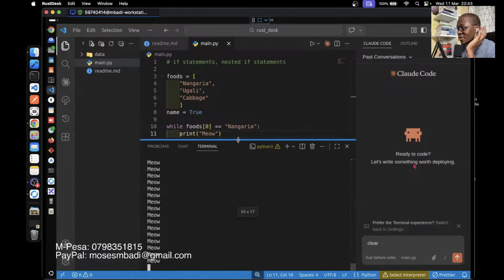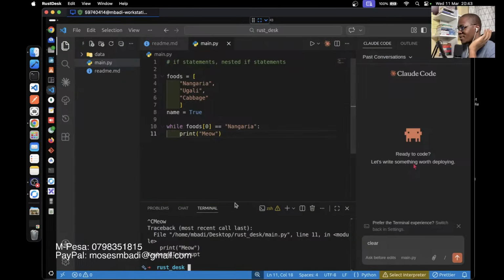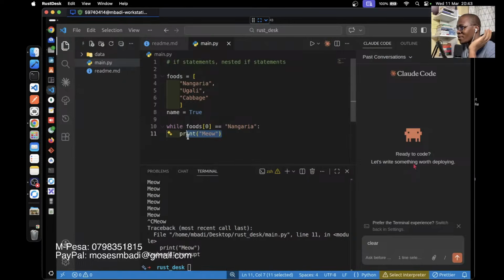As you can see, our code is still running. It's still running, by the way. See, it's running. Okay, and it will run forever until you cancel it. So that is the meaning of while statement, okay? So while means, if this is true, keep running whatever code I have inside here. That is what it just means. At least for a for loop, it will end when the list ends. So if your list is 100 items, when it gets to 100 items, it stops. But for a while loop, it continues running forever, okay, until you end it.